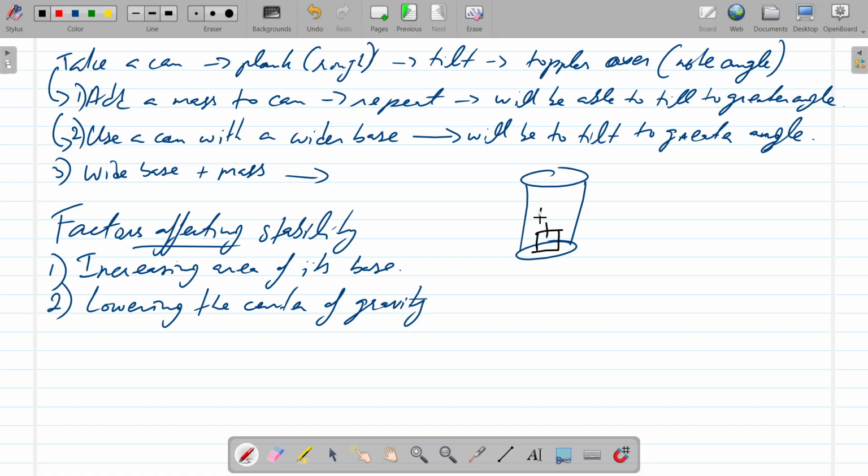So you added a 1 kilogram weight to it, and the can itself is only a few grams, very light, but when you added that 1 kilogram to the base, what you did basically is you ended up lowering the center of gravity,